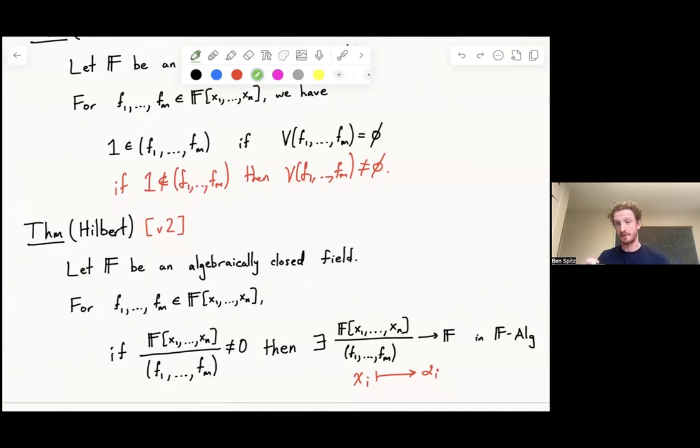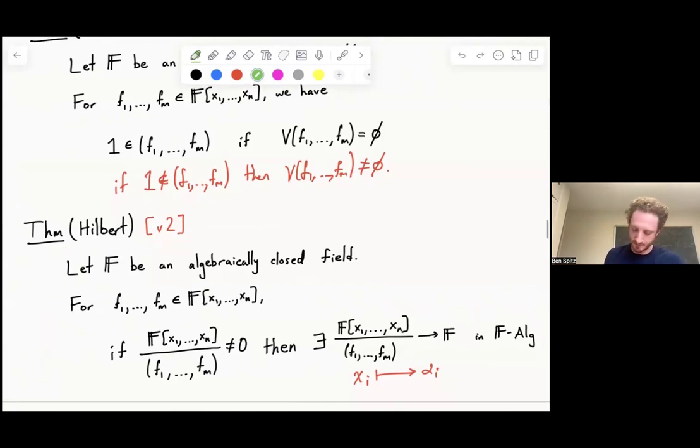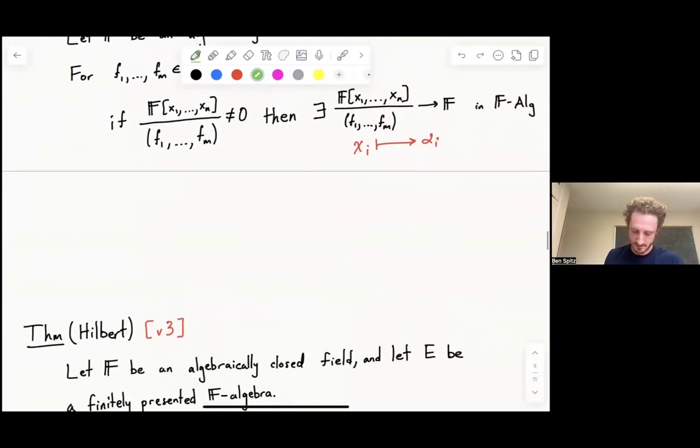Okay, cool. And this is written in really direct language. I'm thinking about a finite set of polynomials, and I'm quotienting out by this ideal. And it turns out every ideal of the polynomial ring is finitely generated. The polynomial ring is Noetherian. So this really is the right statement of the Nullstellensatz, but it's kind of cumbersome to write these out. And so let's just rephrase it a little bit.